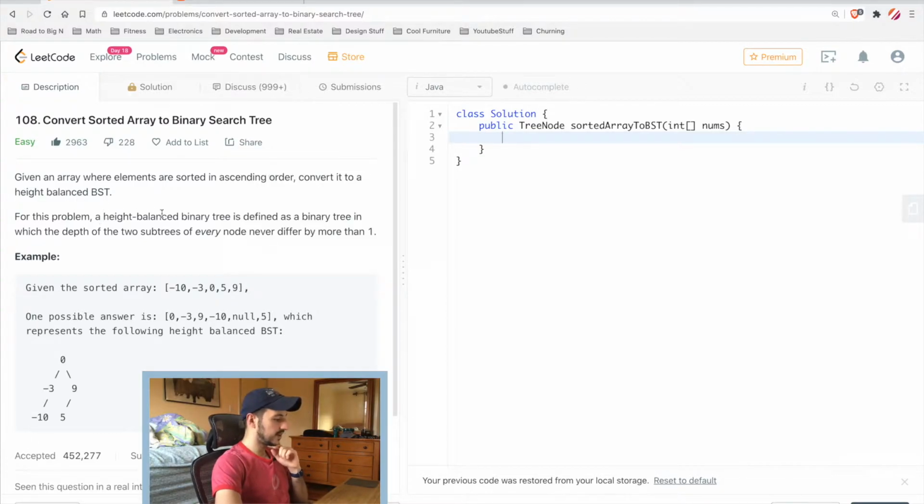For this problem, a height balanced tree is defined as a binary tree in which the depth of the two subtrees of every node never differs by more than one. So we can see here we're given this sorted array, and one possible answer would be this binary tree we return here. So one thing to keep in mind is that if we have a sorted array here